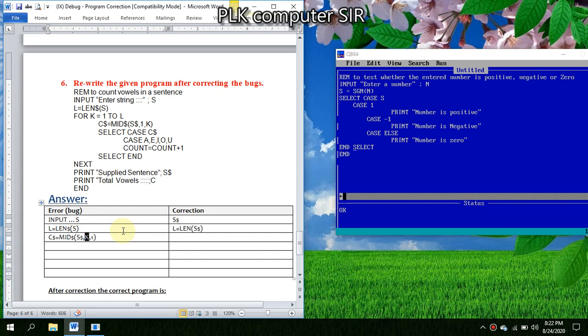Okay, sorry, this is not the correction, so this is the mistake area. Correction should be C$ = Mid$(S$, K, 1). Okay, then Select Case C$, then in case we have here